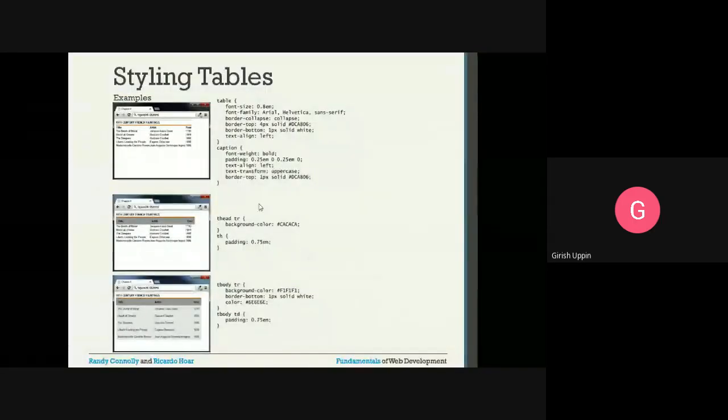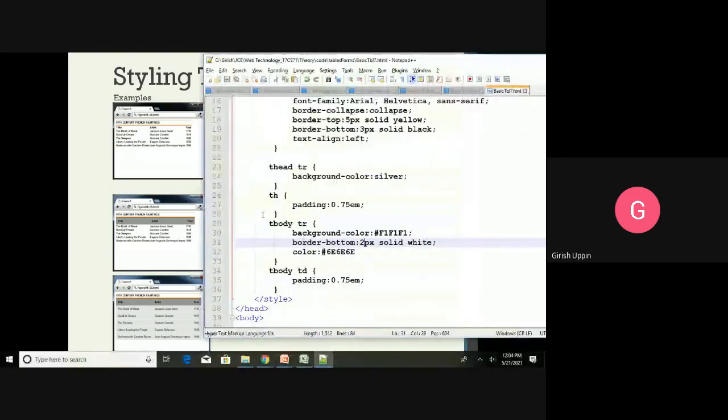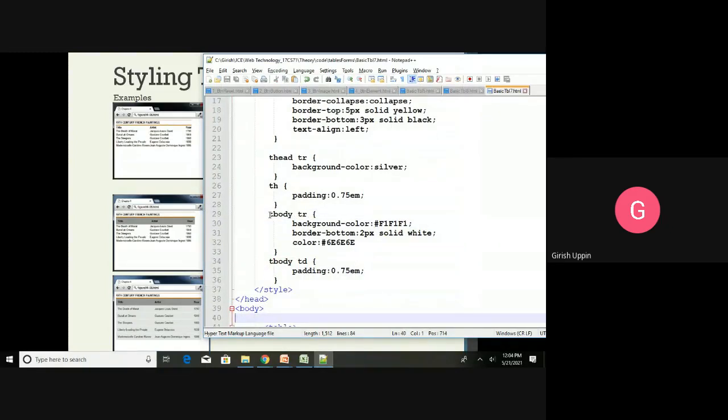Okay. So here, this we already covered. In the same HTML, I have considered all these use cases. So T head TR will be applied to the T head and the TR. Where this particular style is applied in the HTML document, it will look for the T body and descendant TR.